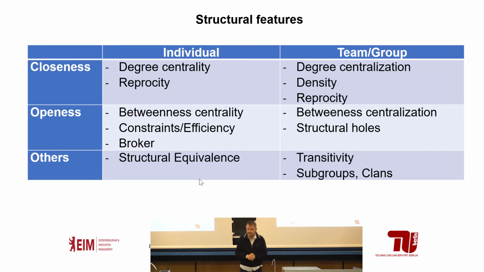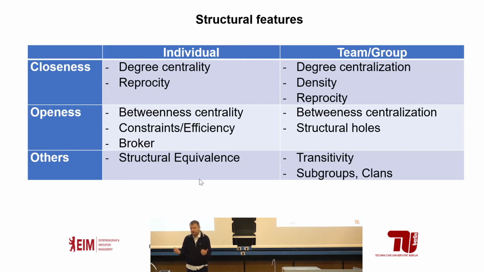So someone on Facebook that likes you, you like as well, as a reciprocal relationship. That's closeness. On a team level, it would be a high degree, a lot of ties between these actors, a high density, a high reciprocity, so everyone is actually feeling the same for everyone else. That's closeness. Closeness produces trust. Closeness produces social capital in the feeling of being supported, of being integrated, of being embedded. So it has many, many positive sides.